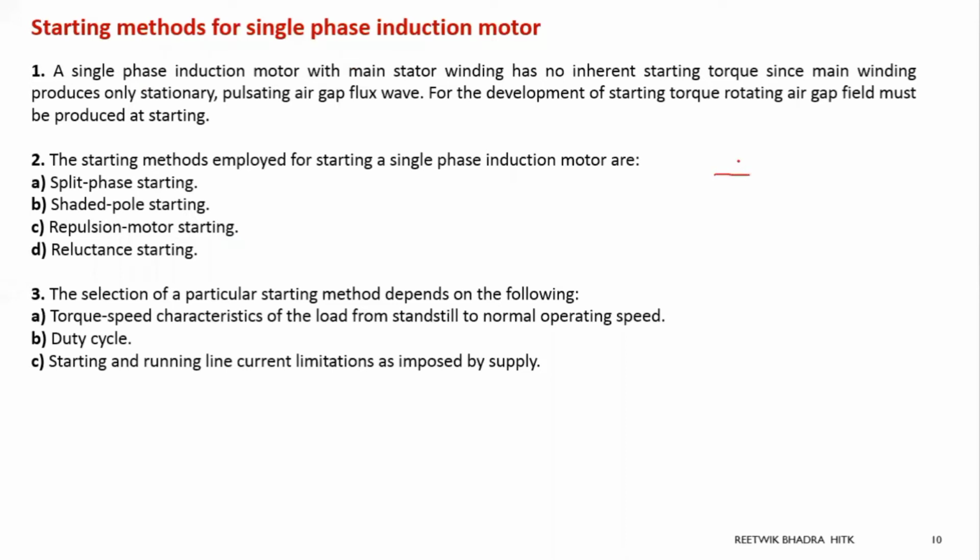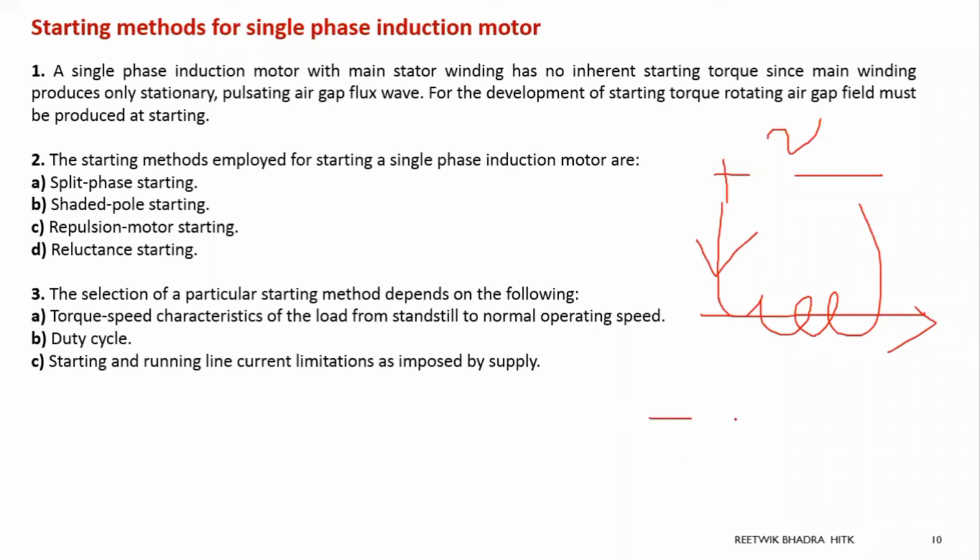Now if I have a supply, positive and negative, that is the AC supply, and I have a terminal from here connected to the winding. If current flows in one direction, I am supposing the flux is in that direction, so there is a unidirectional flux flowing, and that is pulsating in nature. No problem, because you are supplying a sine wave, so it will be sine wave in nature. But this one single sine wave is not capable of producing the rotating magnetic field.